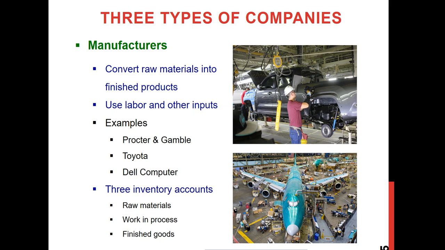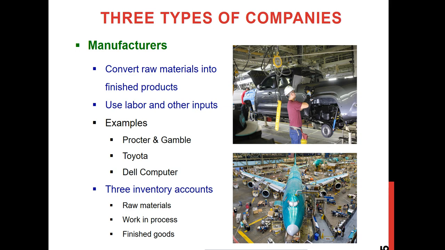They produce all these big aircraft, and they usually buy those raw materials, or sometimes they can produce some by themselves, and then they have their own labor force, factory employees, and then they produce all those finished products, and then they can sell those to other wholesalers or retailers, that means to merchandisers, or they could have their own distribution channel. So we will basically emphasize these manufacturing companies because their cost structure is really critical,